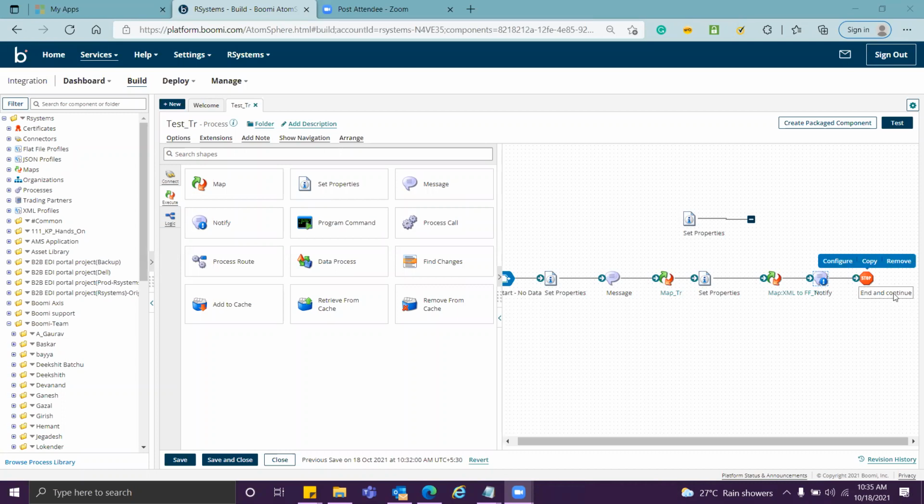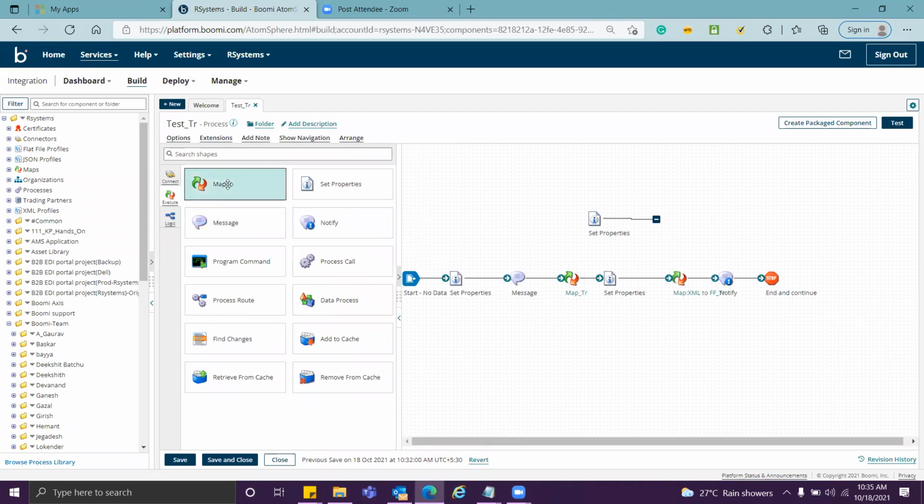So this is what you have to do for today. All right. Now moving to other shapes. What we have already seen is map, set properties, message, notify, and program command. For the program command shape, I don't have any live scenario at present, and to be frank, I have never used any application of it.